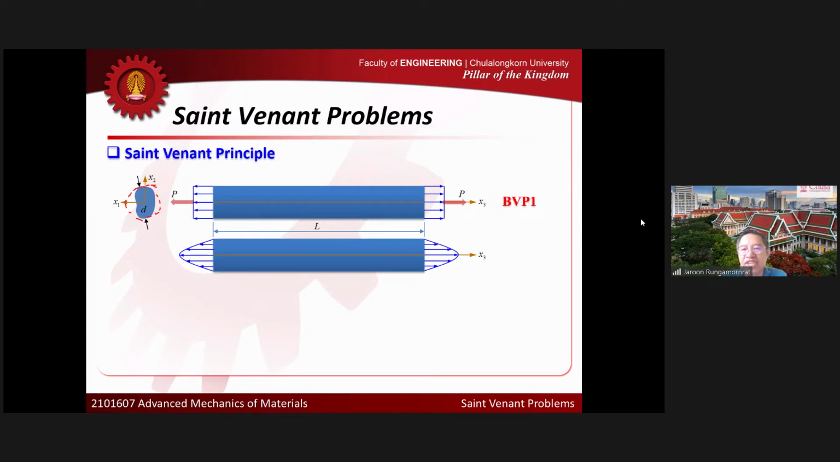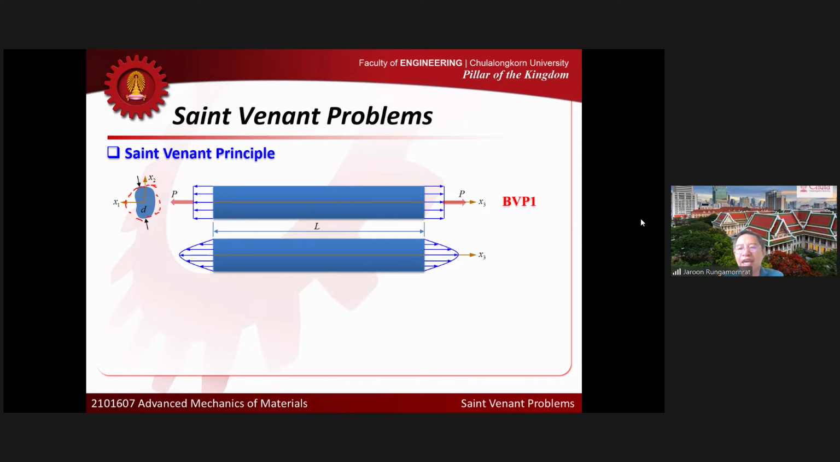The loading condition at the end. I still look at the normal traction applied at both ends, but not uniform. I look at the traction that is not uniform here. You can think about a parabolic distribution, for example. Let's say that this distribution